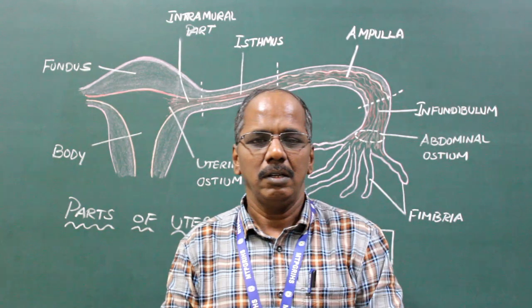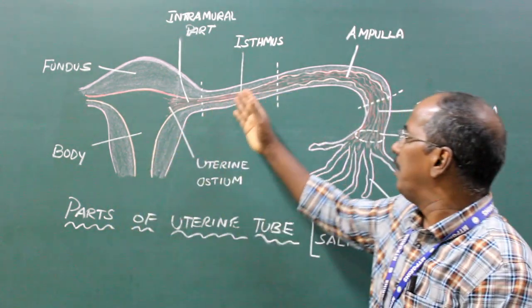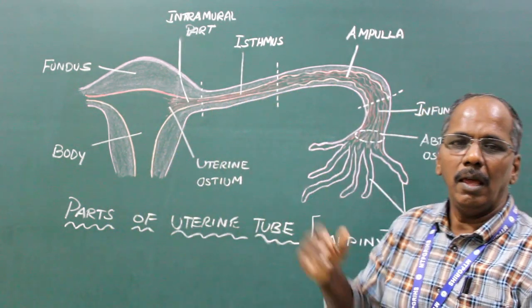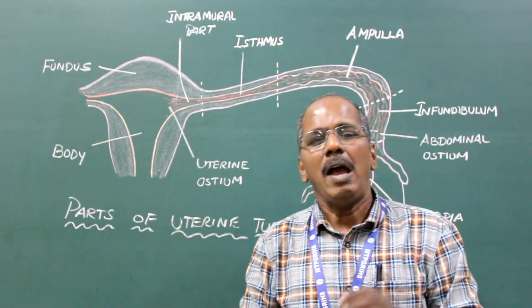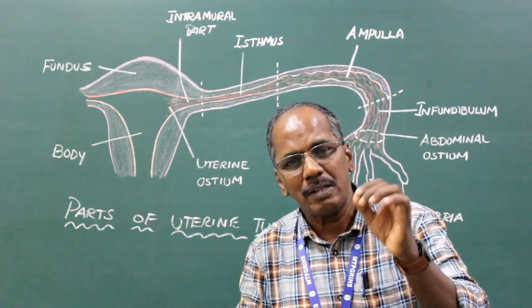Ectopic pregnancy. The uterine tube is one of the common sites of ectopic pregnancy and it is always associated with